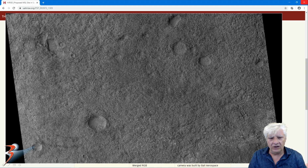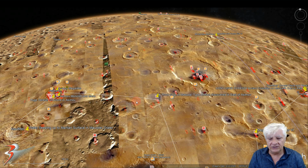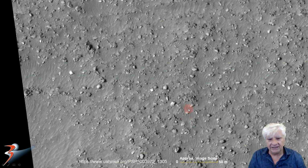There's a look at the low-res black and white, and the anomalies are scattered throughout this rather flat terrain east of Asimov. This site is located 49.18 degrees south, 14.51 degrees east in this region just to the east of Asimov, and there's a ton of anomalies in this region that I'll show you towards the end of the video, so do stay tuned for those. There's dozens of anomalies in this JP2 photograph, so I'll be doing a follow-up series after this one, so do